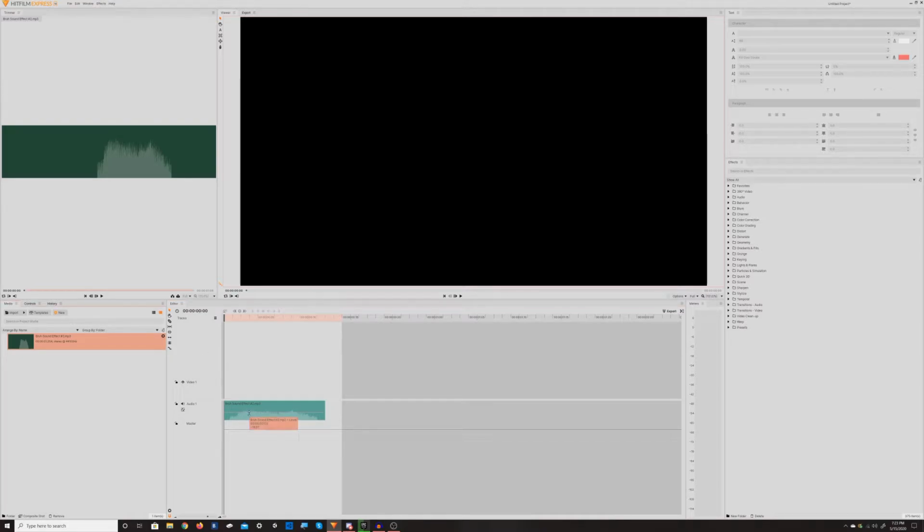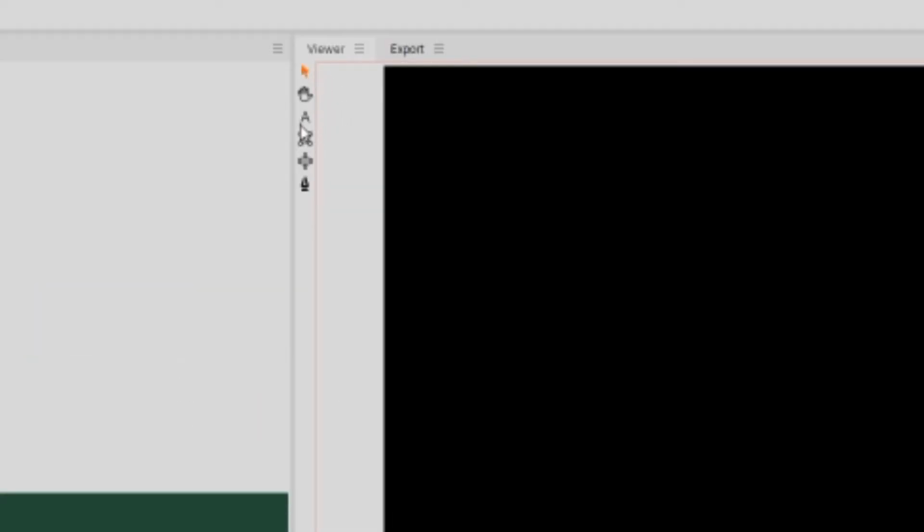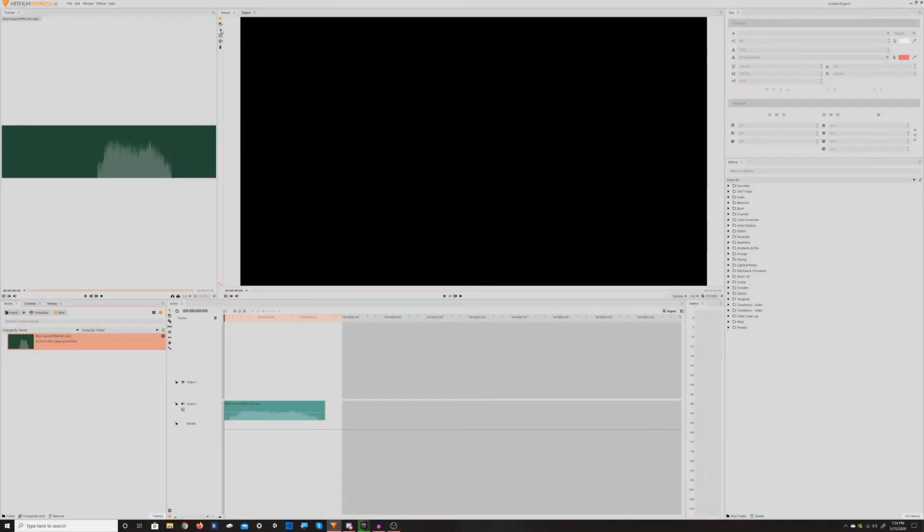Now, once you have your sound effect, you want to go to the viewer and to the left right here. You'll be able to see a few tools. There's a cursor and text, scaling, or whatever this is, scaling, and I never did this tool. What you want to do is you want to click on the text. Now basically this is just text. You don't have to cut this or shorten it, but we're just gonna put